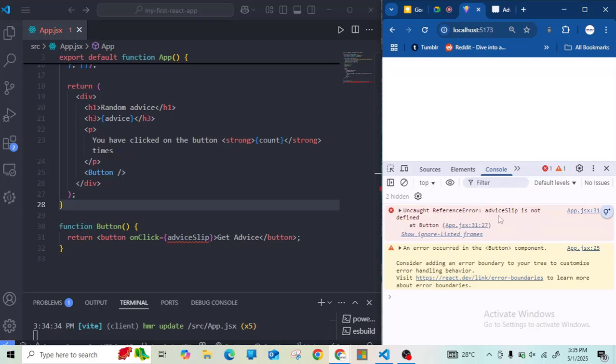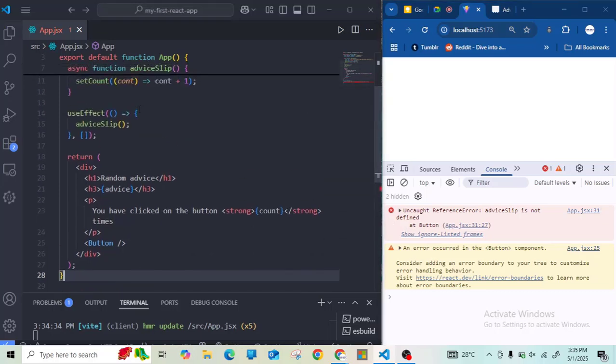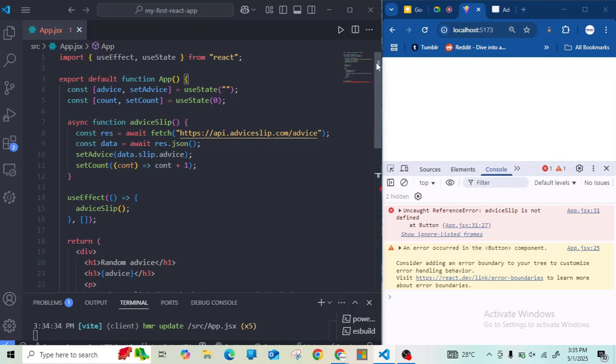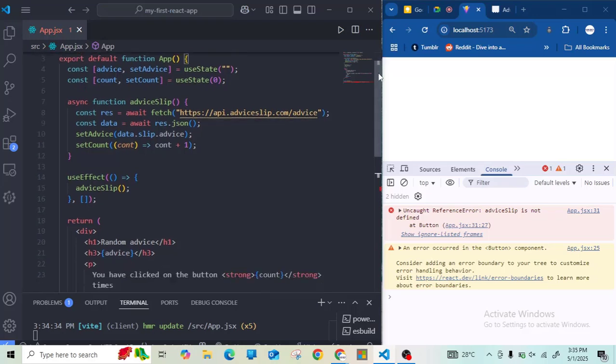Reference error: adviceSleep is not defined. So this function that we are calling here is not being recognized by our app. Okay, so for us to communicate to our application that there is something that we are using elsewhere,